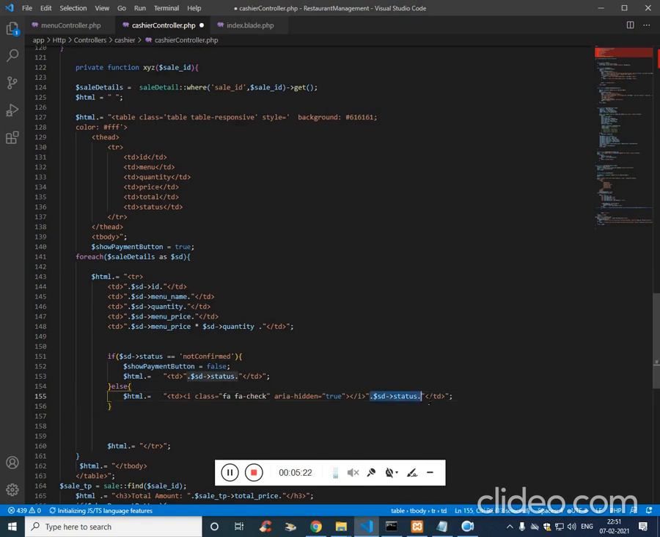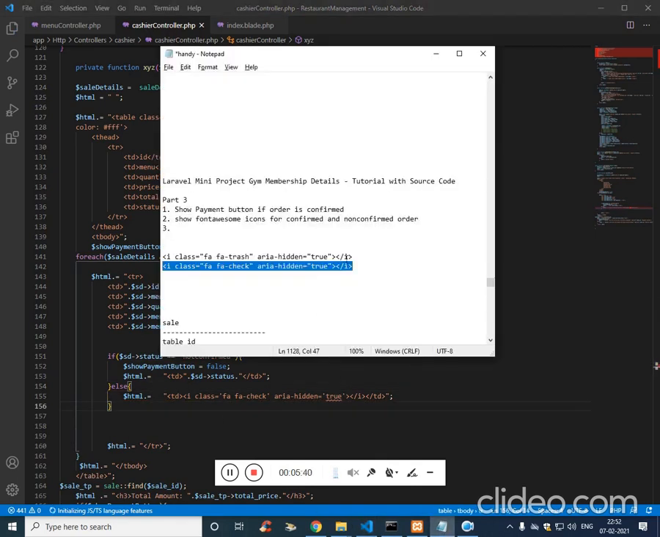We don't need this, I believe. Just replace the double quotes with single quotes, and again here again it is going to be trash can for not confirmed. We'll replace this over here as well,